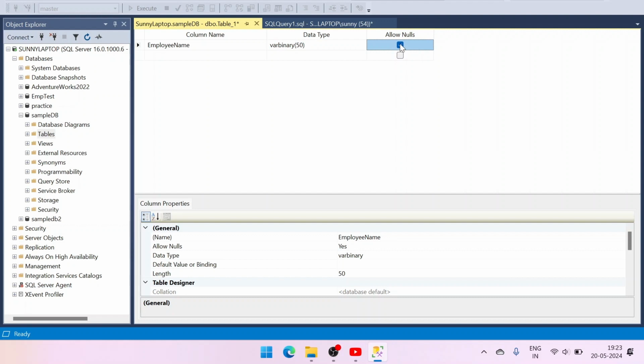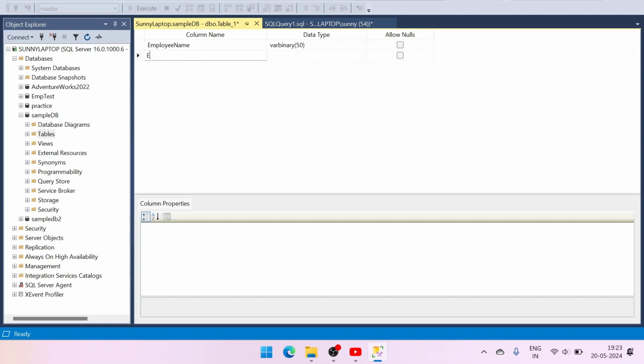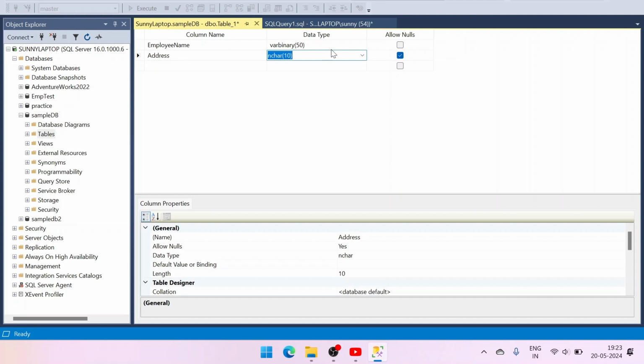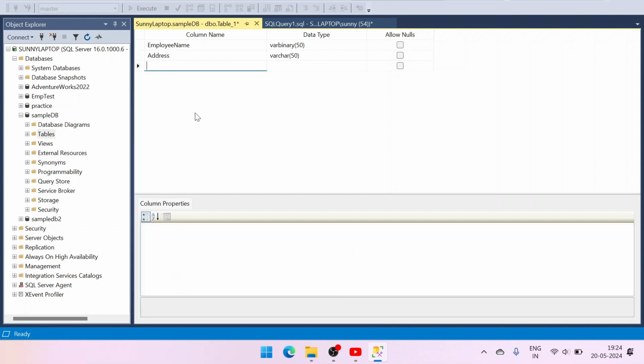So I am entering the column names. Employee name, instead of varbinary you can choose varchar. I am typing employee name, address,